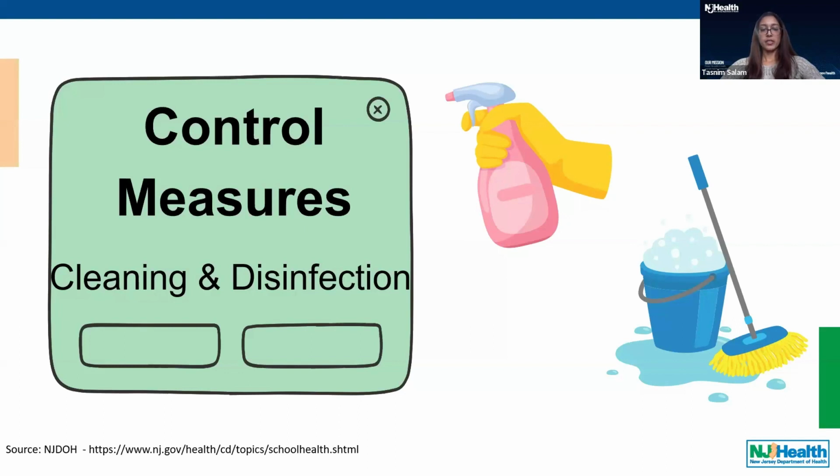Only disinfectants that are approved by the Environmental Protection Agency, otherwise known as EPA, and products that are effective against norovirus should be used. It is important to follow the instructions that are listed on the disinfectant product, including the contact time, and to use a product that is both effective and efficient. Now, the contact time refers to the time needed for a disinfectant product to remain wet on a surface to kill the desired germ.